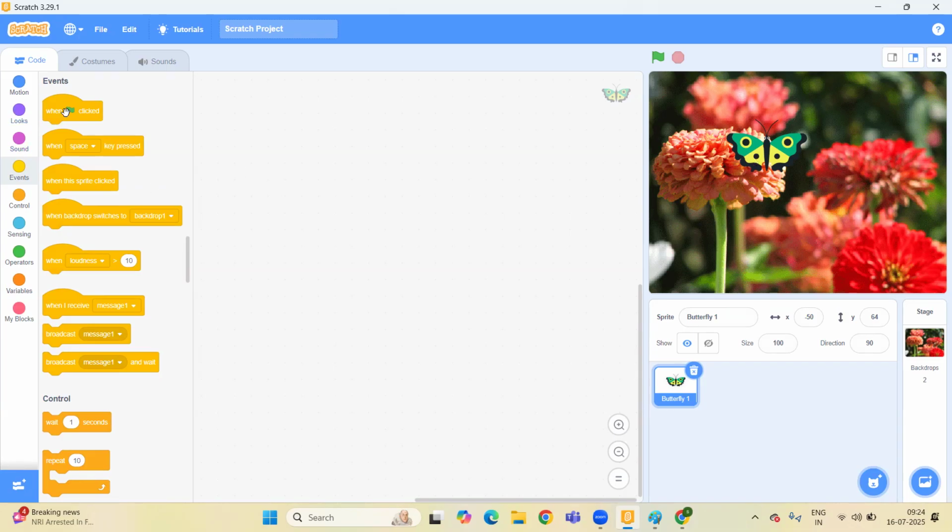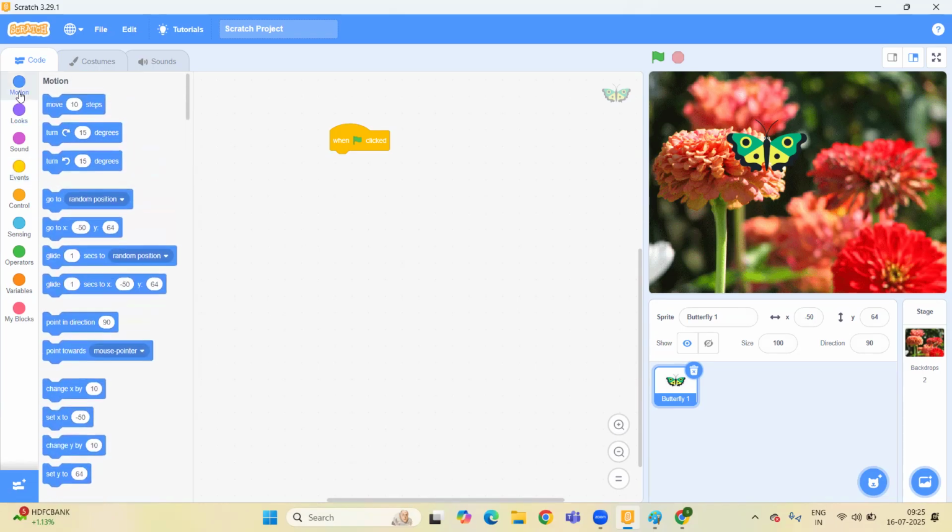So here's the option, when flag clicked. Firstly, I want to take this one. And then we have another thing, that is go to x-axis and y-axis. It will be in the motion block. So here it is. This is the code block.